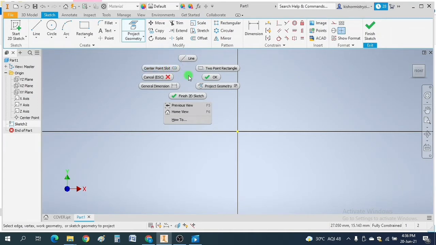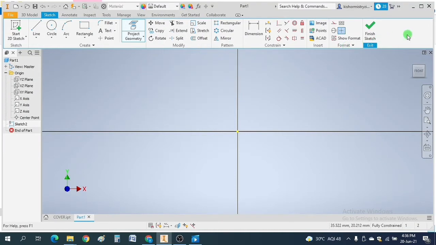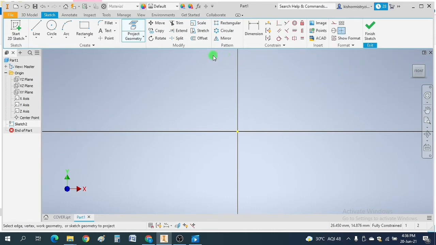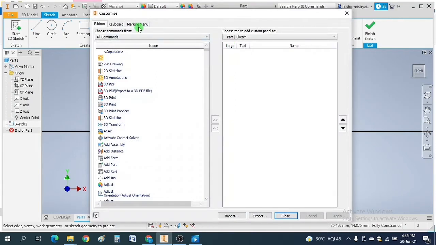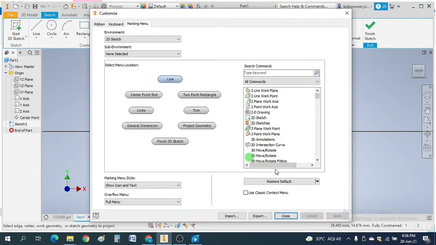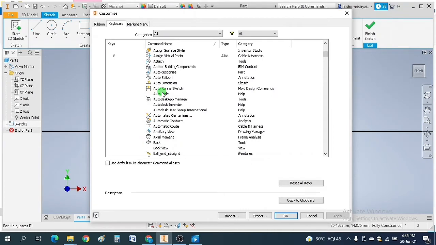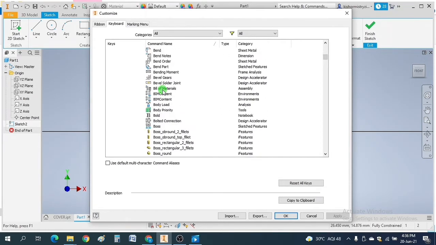So let it be. And if you want to change it back to your default settings, then just click restore default. Okay, apply.